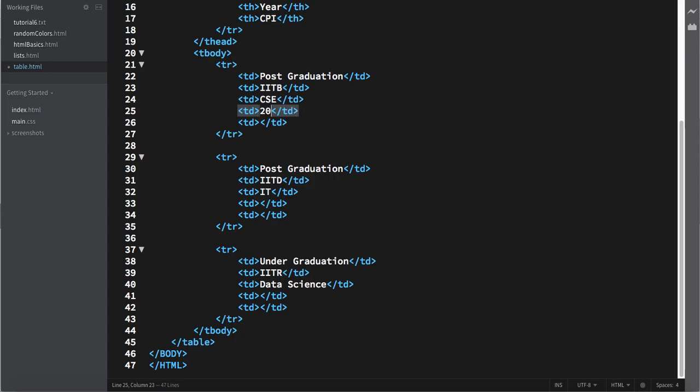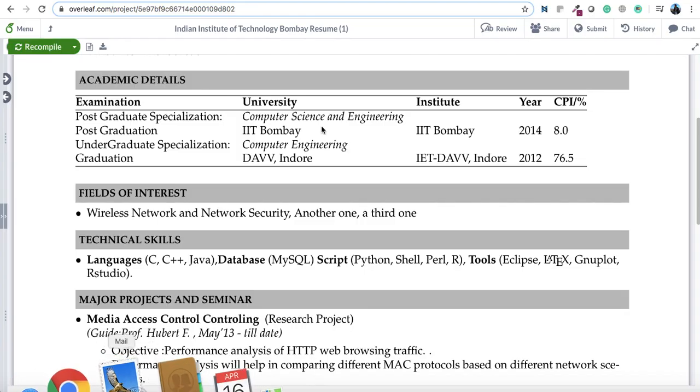Then year 2012, 14 and 2016. CPI, in case of CPI, maybe 8.85, 9.20, and 9.8. Let's see what it looks like.